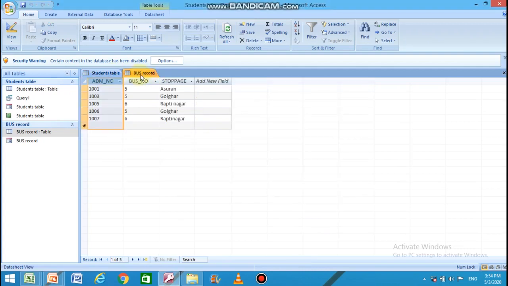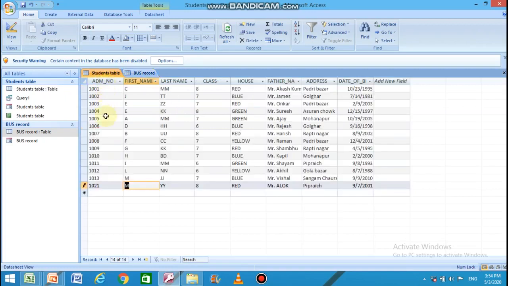The bus record table is holding data of every student related to their bus activities, by which bus they go, what is their stoppage, likewise that. The bus record table also has the admission number field, which is common in both the tables, and this common field will help us to create the relationship.